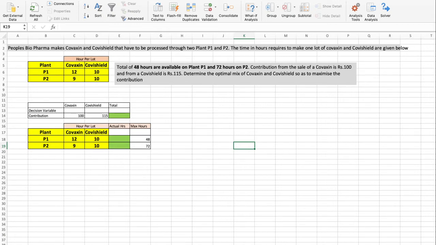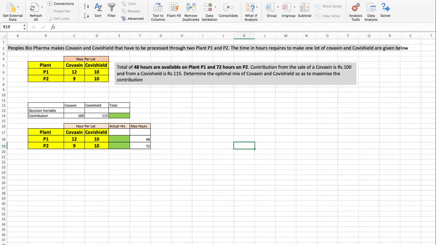Plant 2 will take 9 hours for Covaxin and 10 hours for Covishield. So you can see there are different constraints, like a total of 48 hours are available on plant P1 and 72 hours on P2. The contribution from the sale of a Covaxin is ₹100, and from Covishield it is 150.